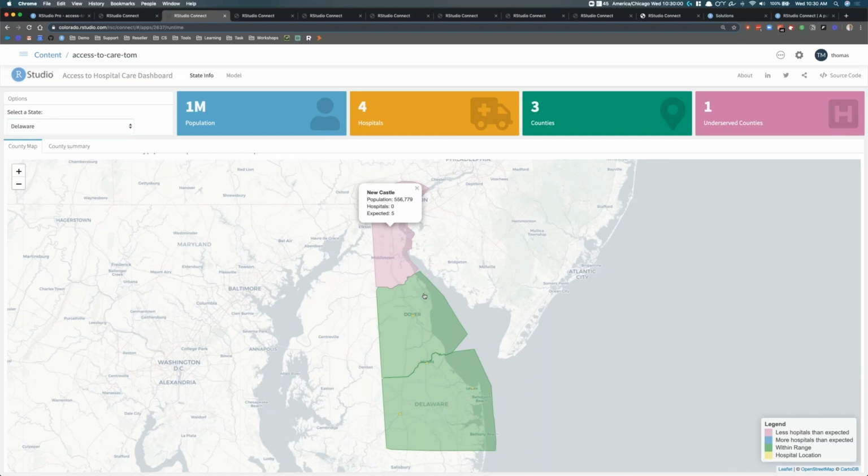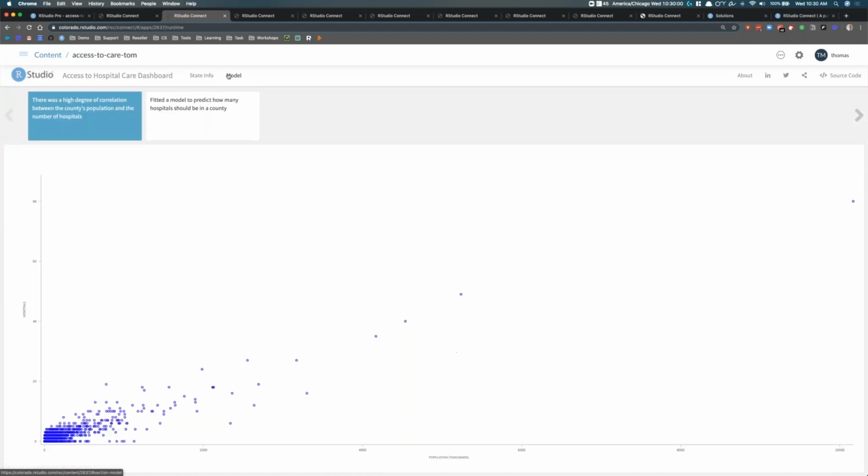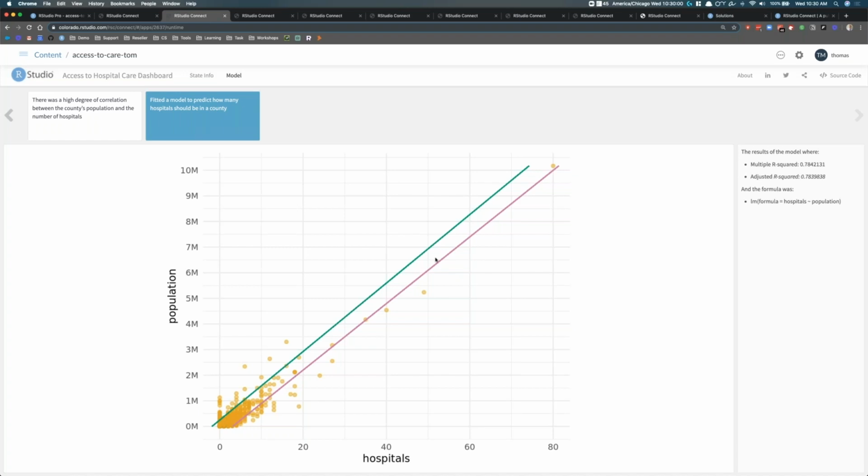On the front end, I actually have an HTML widget. So this interactivity here doesn't require the server backend. So this could be shifted over into a pure R Markdown document. I'm focusing on this example because it's a simple kind of example. The basic idea is how many hospitals do you need per population? And you can see that with our linear model here, about an 0.78 R squared. The idea here is that as your population increases, you need more hospitals. So I'm going to be using this example for the rest of my R Markdown examples, but wanted to start